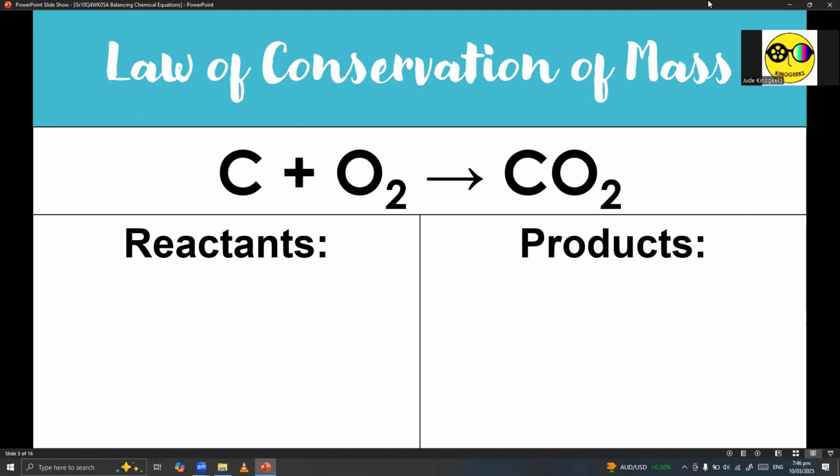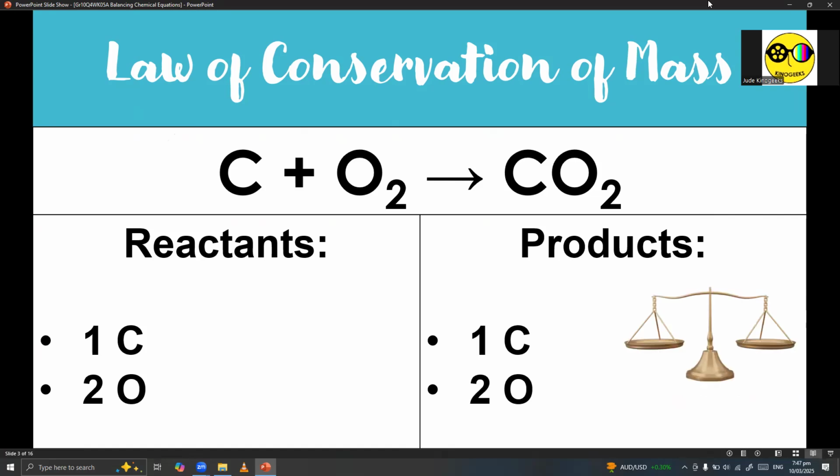All right? So how do we determine if a certain reaction is balanced or unbalanced? All we have to do is just count the number of atoms of each element in the reactant and product side, and then compare if they are similar or not. So let's start with carbon. There's one carbon atom on the reactant side and one carbon atom at the product side. You have two oxygen atoms on the reactant side, and the same is also true for the product side. So because you have 1, 2, 1, 2, therefore you have a balanced chemical equation already.